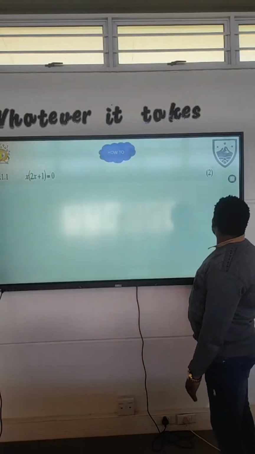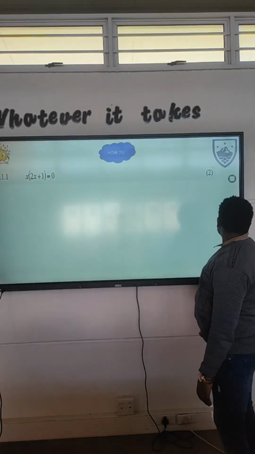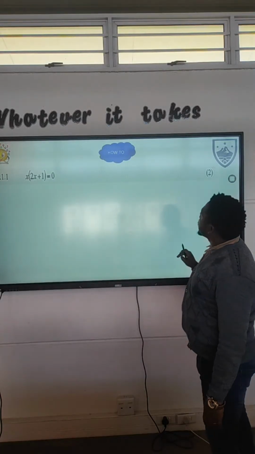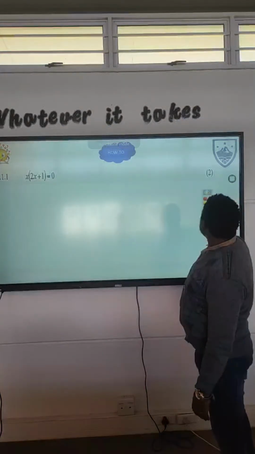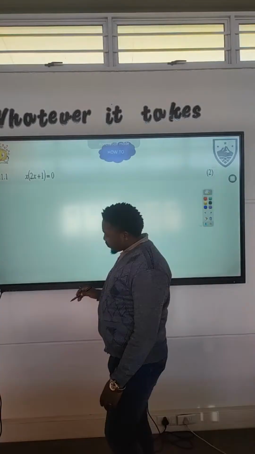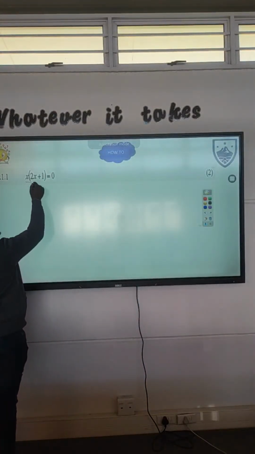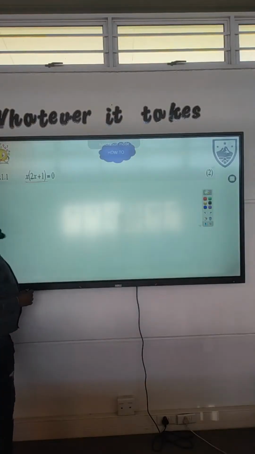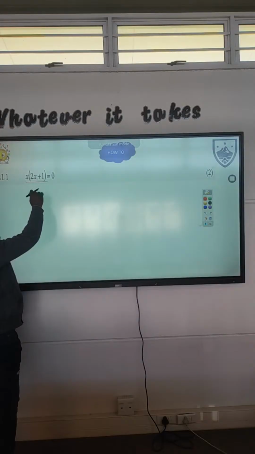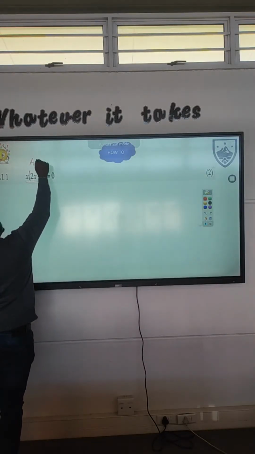So let's start with the first one. Hope red will be more visible than the rest. So you see that you have x open bracket, then we have 2x plus 1. So we're going to use the concept that says when you multiply a by b